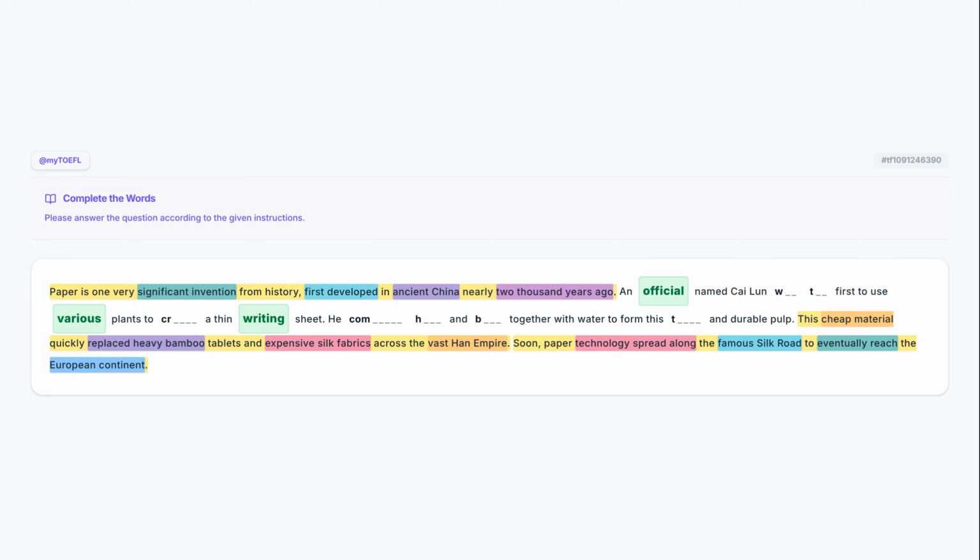The sentence describes the method of mixing different raw materials together. The verb that best fits the action of merging things like hemp and bark is combined. He combined